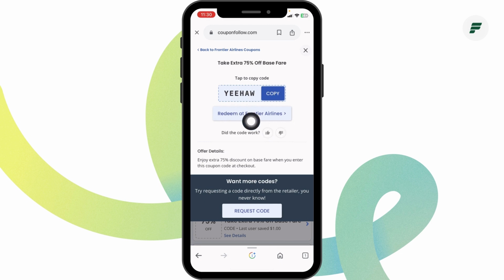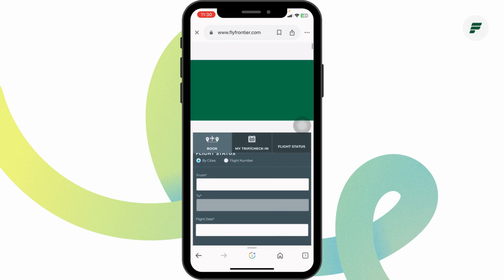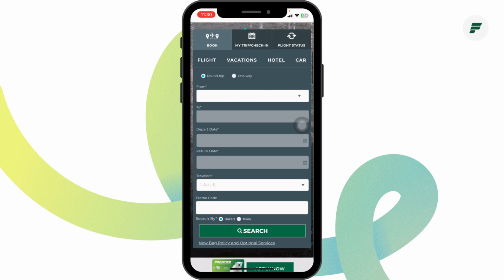With that, you're going to get the code for it. Now you can copy the code and then click on redeem at Frontier Airlines. Make sure you check the expiration date of the code, whether it is valid or not. Once you're on the website, you can go ahead and log into your account, book your flight, and proceed to